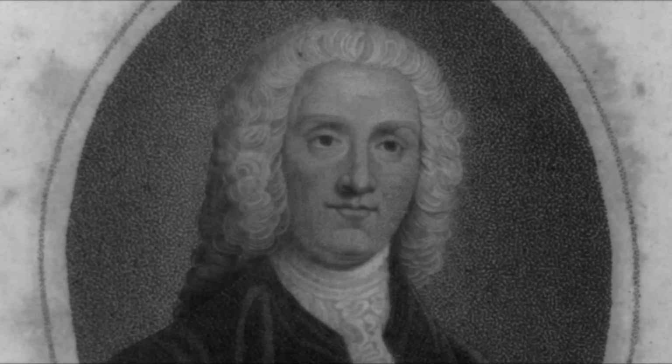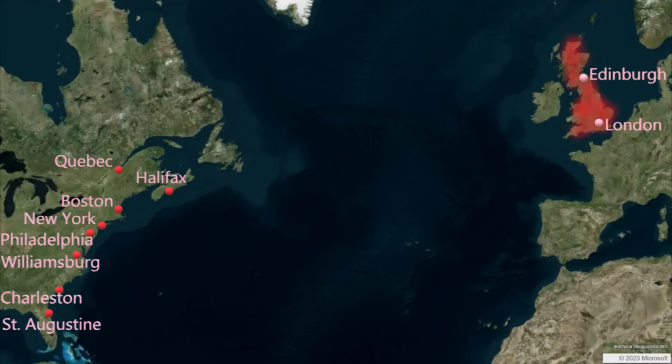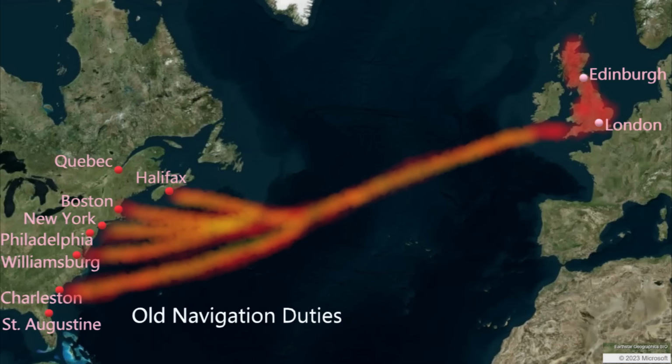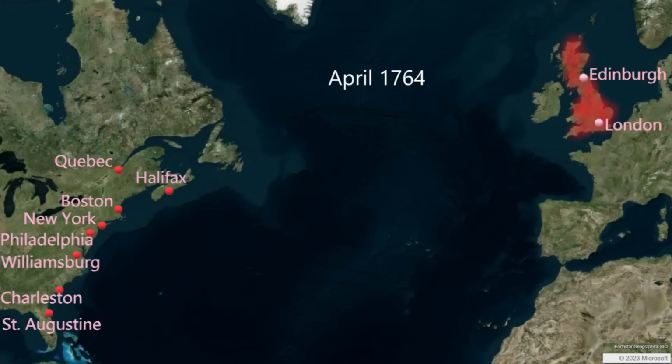We will zoom out to get a wider view of the transatlantic economy. The citizens living in the British Isles are already paying higher taxes for the empire. Grenville does not want to increase the tax burden there. Instead, he will streamline age-old navigation acts, which are customs duties in American ports. Thus, in April 1764, Parliament adopts the Sugar Act.